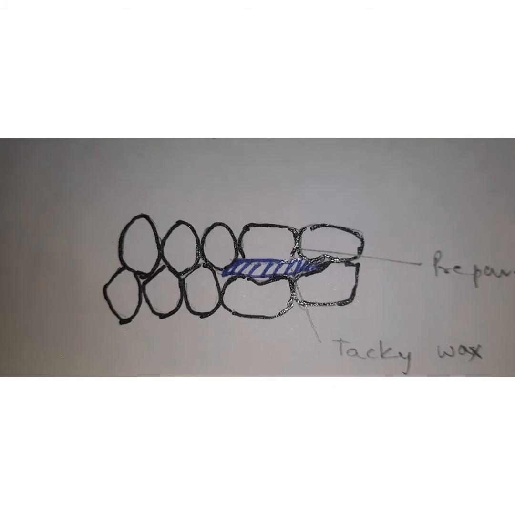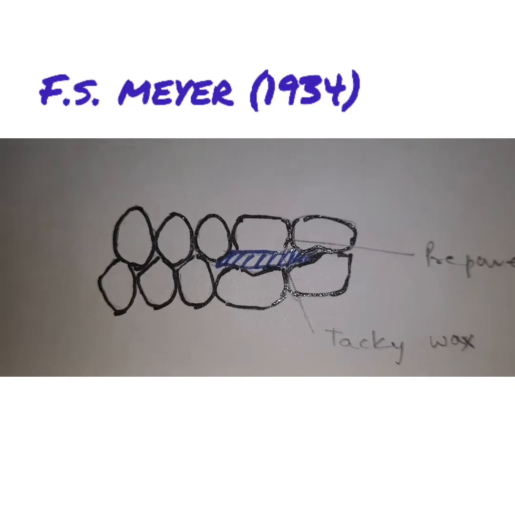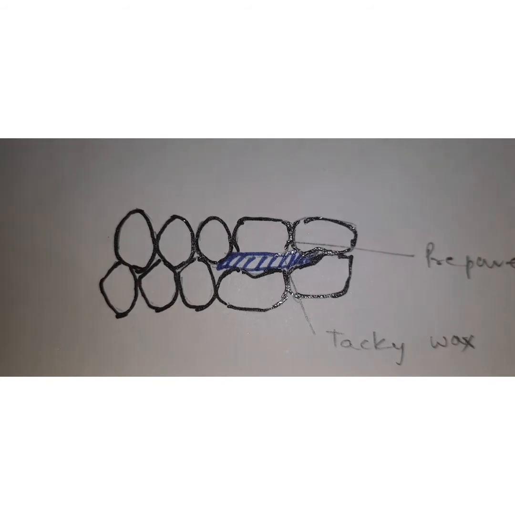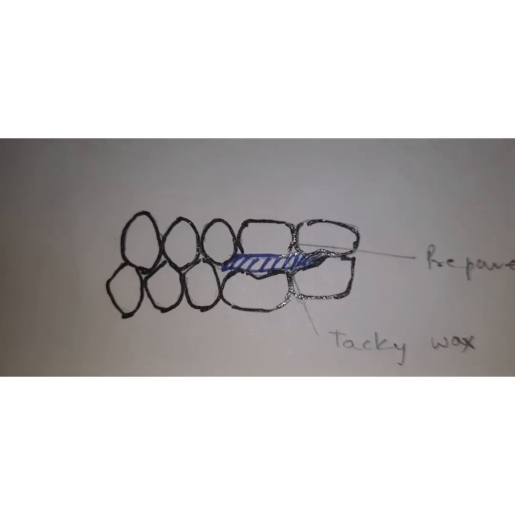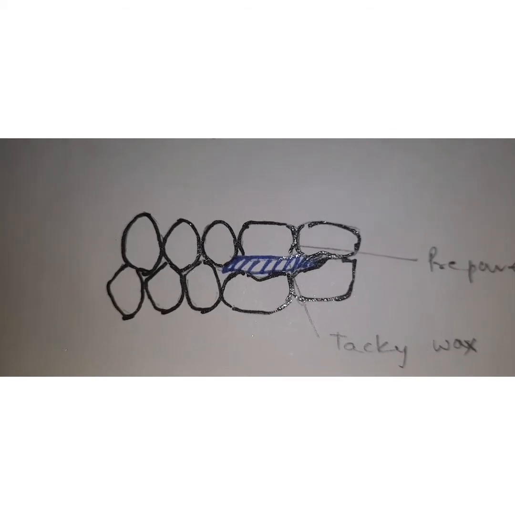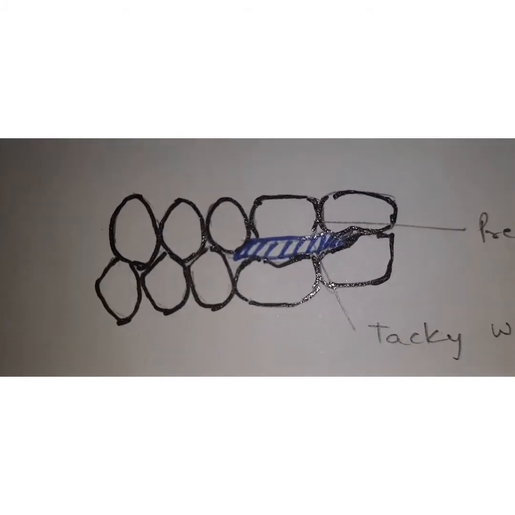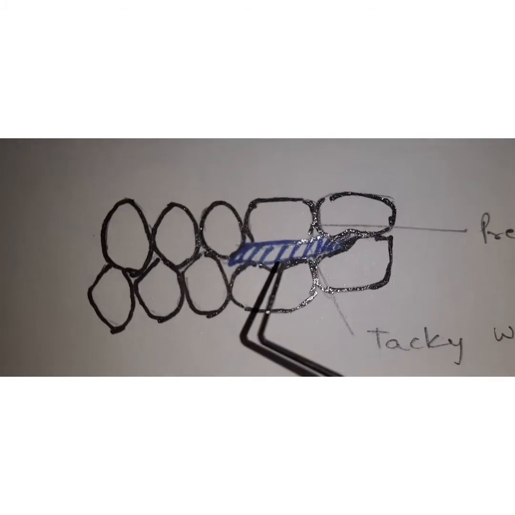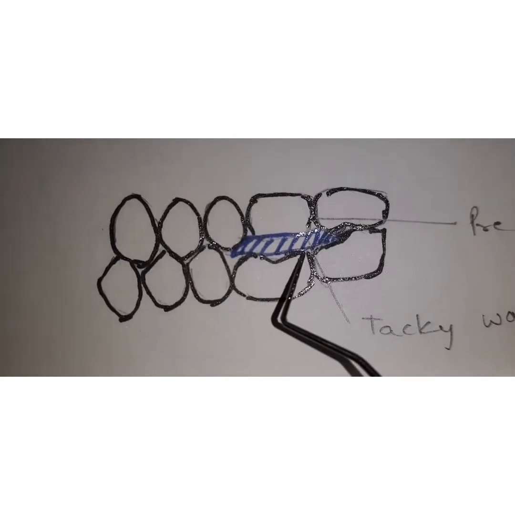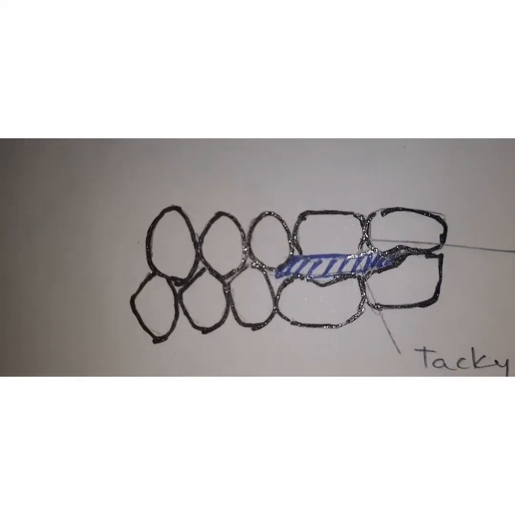It was the technique which was first described by F.S. Mayer in 1934, and it is a simple technique which uses a soft plastic material such as tacky wax or patent resin, which is used to carve the pathways traveled by the opposing cusp on the lateral excursive movements of the mandible. So basically you're using a soft material like wax here, and you are asking the patient to make movements, and these are generating the pathways and carving onto the wax surface.